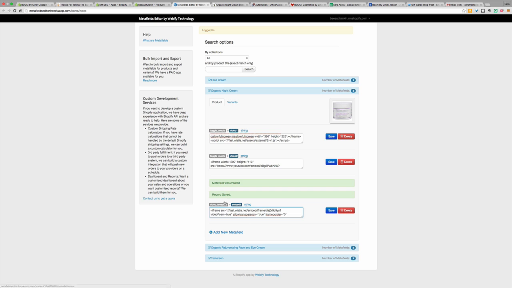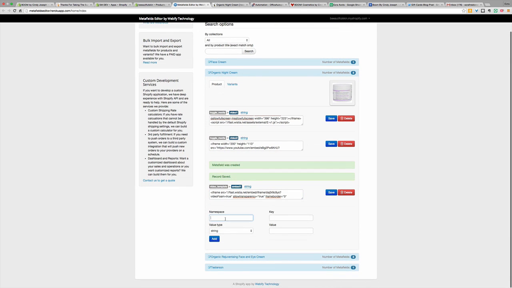What you're going to do is go into your apps and click on meta fields editor, open it up to the product in question, and click add new meta field, and it's going to be video underscore template as well. Now the key is going to be embed 2. And what you're going to want to do is copy the embed code for whatever your value type is, string. I would recommend using Wistia, because Wistia has this fancy type of embed code